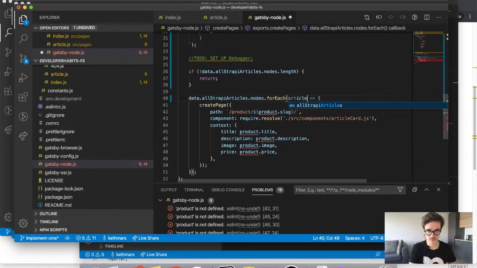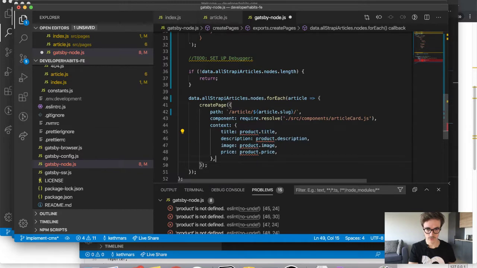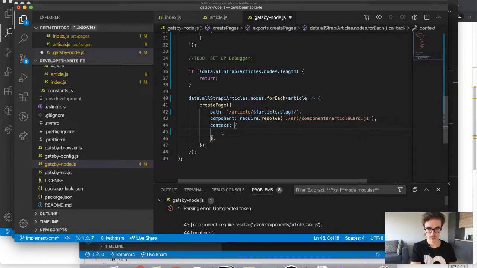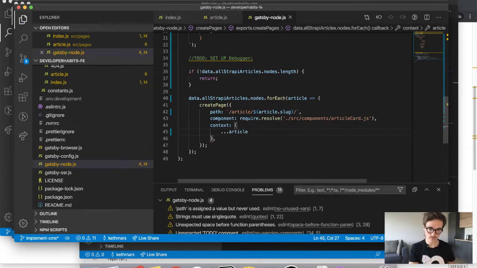Take article. For each article, we are now creating a page. For context, I think we can add all the properties that article has. So it's gonna look like that. And also